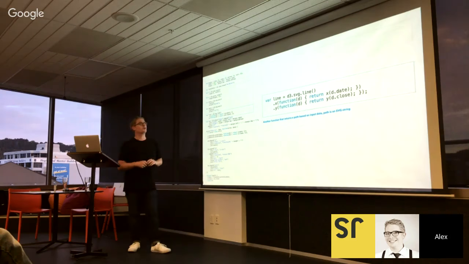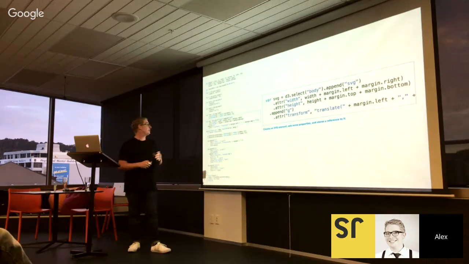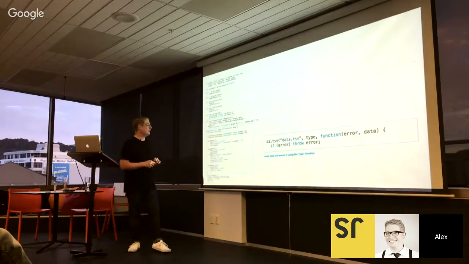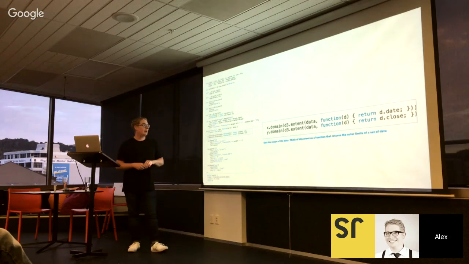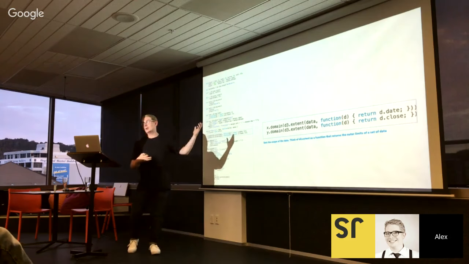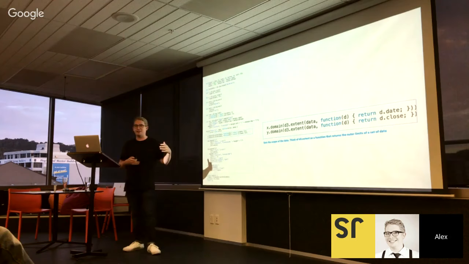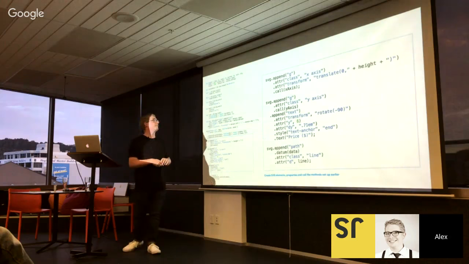This great function which returns an SVG path. And then some very jQuery looking bits of, you know, select this, change the property on this, update this thing. Essentially an AJAX request to get some data. Updating your axes to say that there is a min and a max of the data sets that you're using. And then just dumping all of that in the SVG.